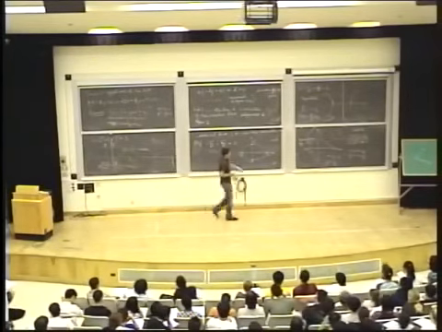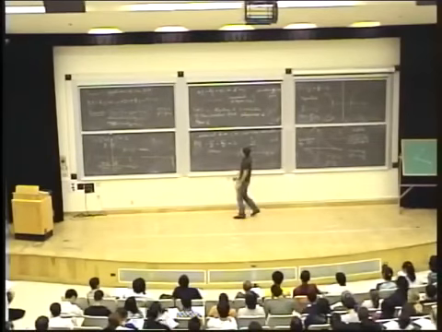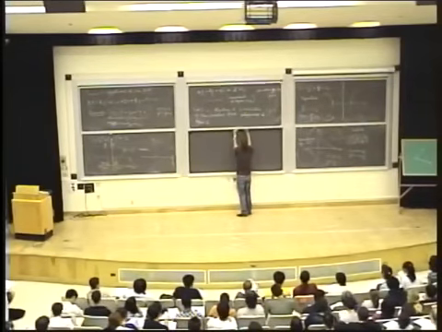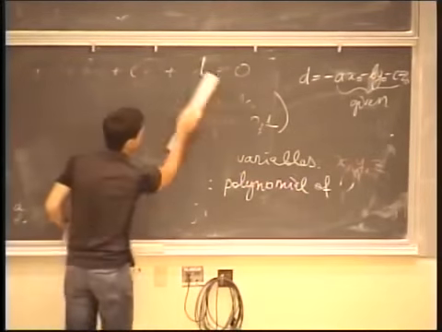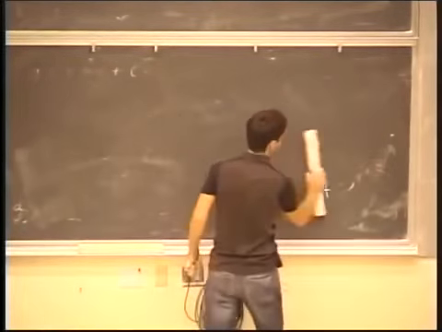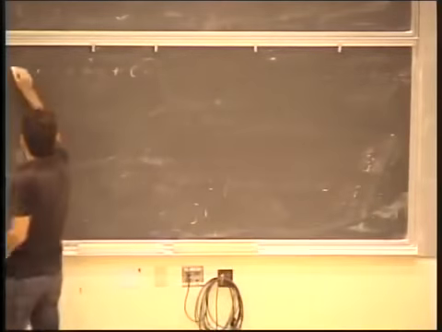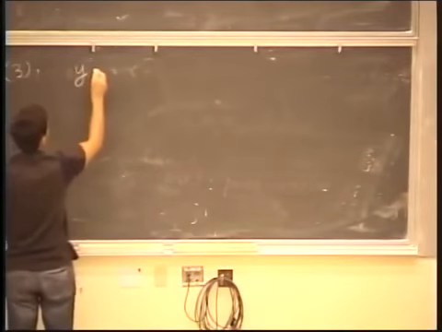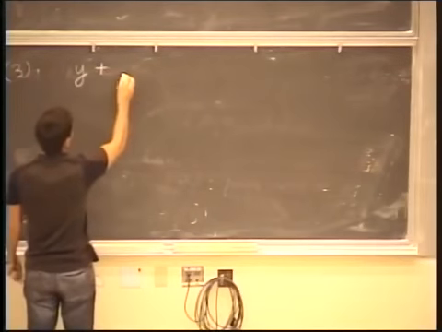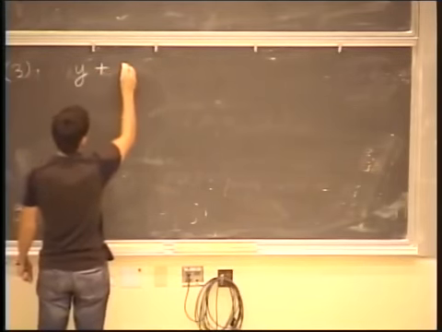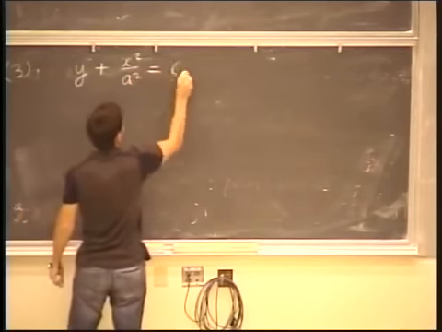This is case 2. So there is another important case, which I'll call case 3. You see, the point is that up to now, in the left-hand side, I only had monomials of degree 2, x squared and y squared. I did not have monomials of degree 1. And the third case is the case when you do have a monomial of degree 1. That's the case when you have, which I'll write like this, y plus